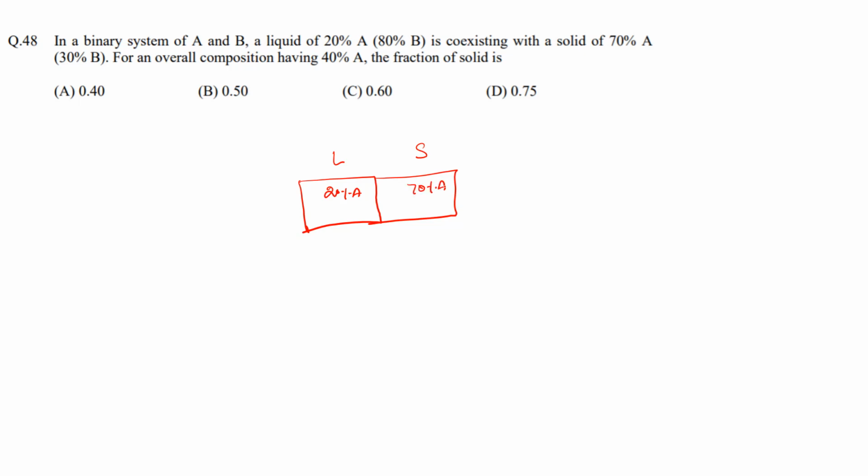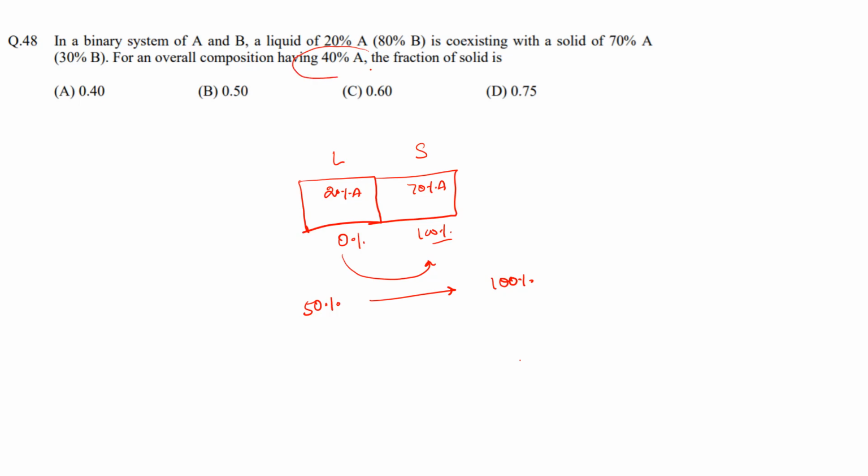What is happening is that once we are gaining this A solute atom, the fraction of solid is increasing. Initially it is 0%, and here it is 100% solid, right? So what is the increase of A such that there is 100% solid? It is increasing from 20 to 70. That means if I add 50% A, we get 100% solid, right? So we can use this unitary method. So 50% addition results in 100% solid, right?